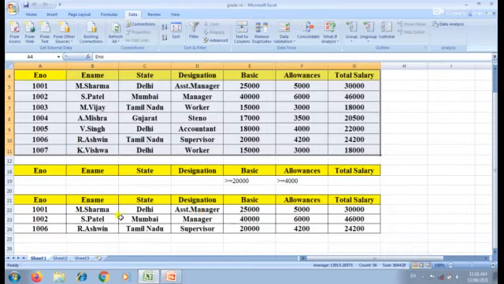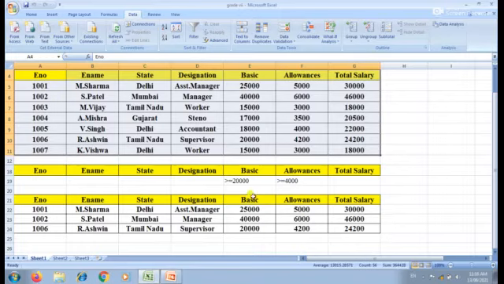Now see here, student, the records are filtered based on the criteria. Did you understand? The employee details are displayed at a new location based on specific criteria. See here, basic more than or equal to 20,000 and allowances more than or equal to 4,000.